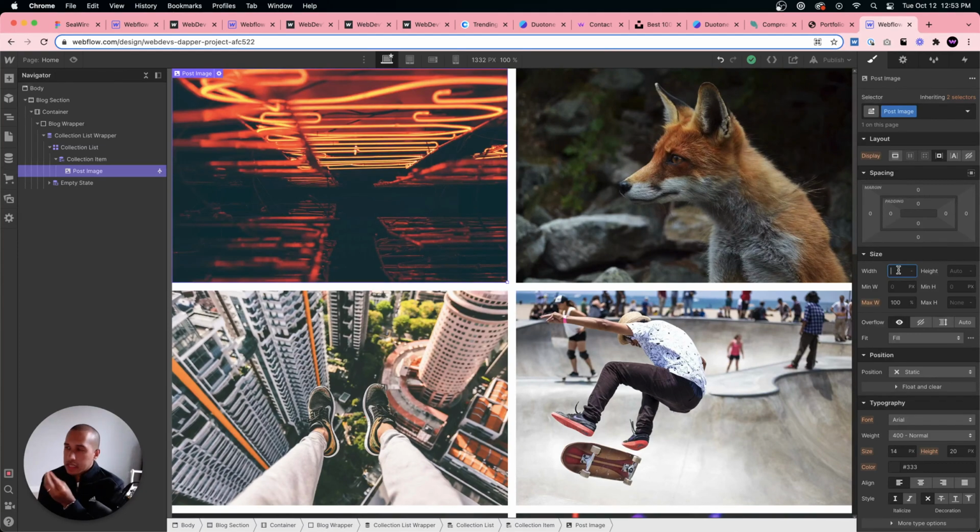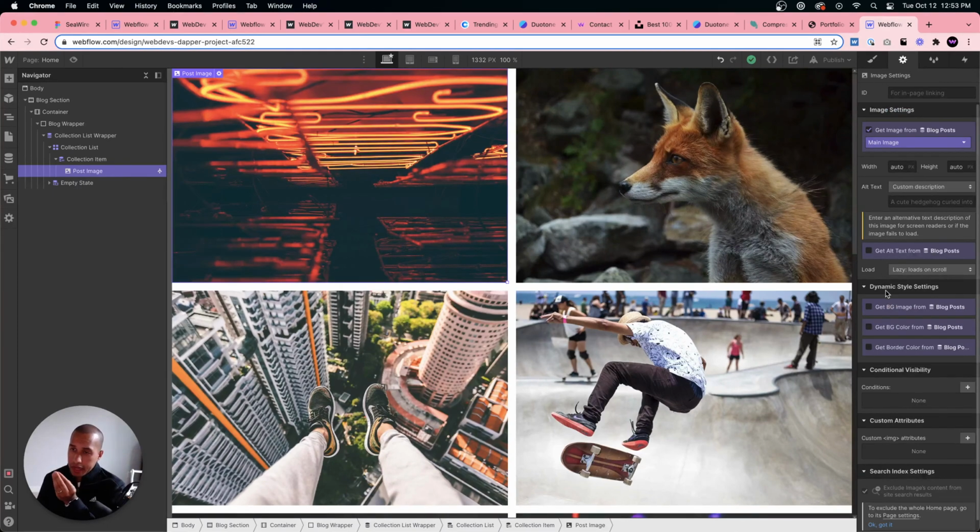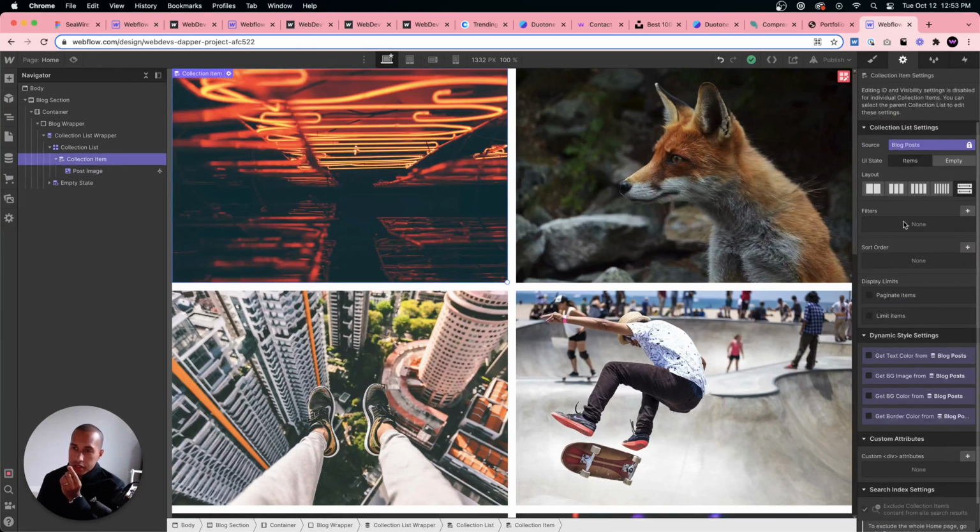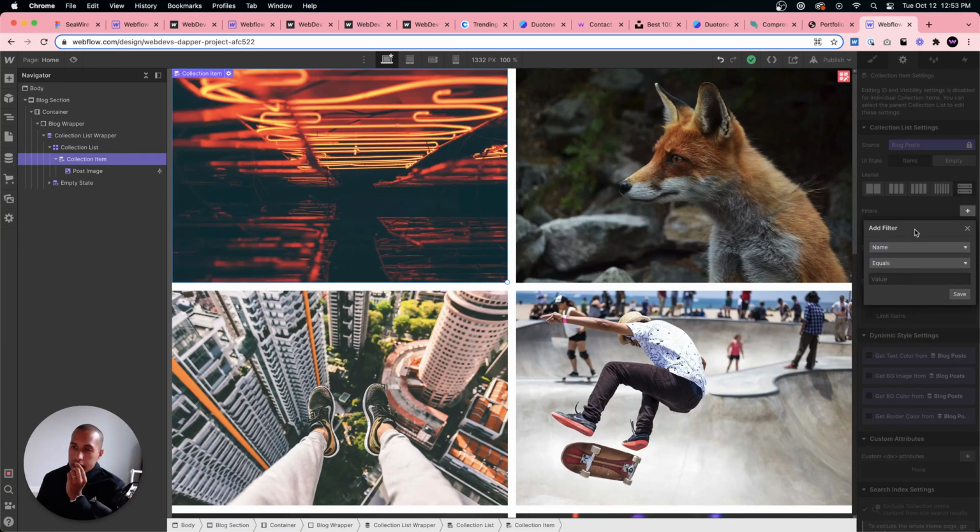if, because that's the thing with CMS items. Once you change one item, it wants to change it for all of them. But using filters, you can sometimes apply specific attributes to different collection items. So here under filters, I could add a filter if the name equals something, or if a toggle is switched on. I could try to set the size of the image to something else. Maybe. So I'm just trying to see if this is possible.